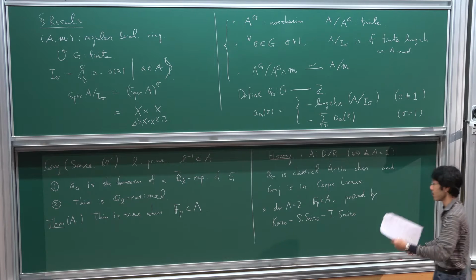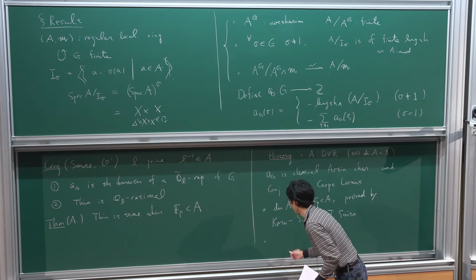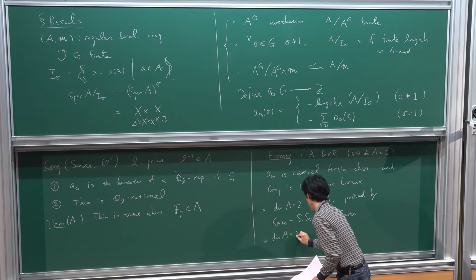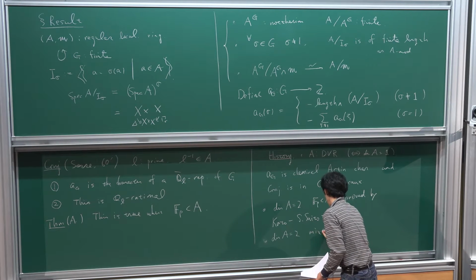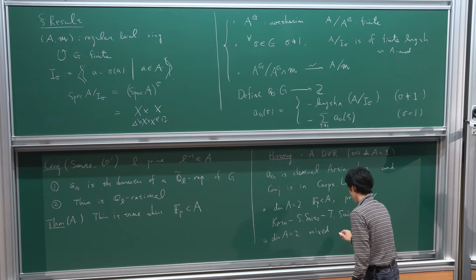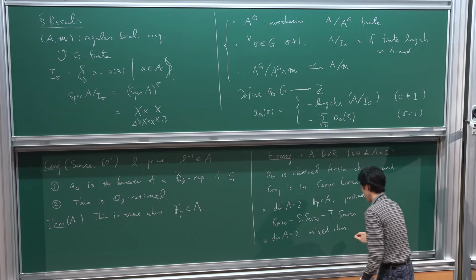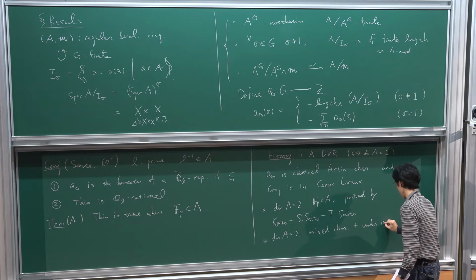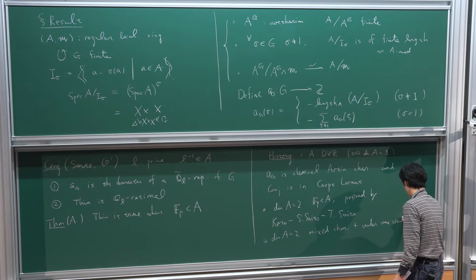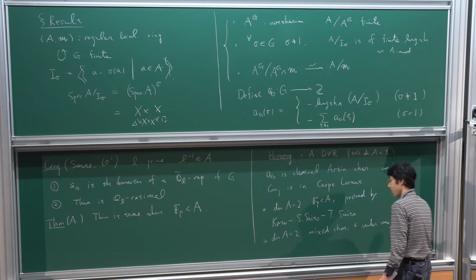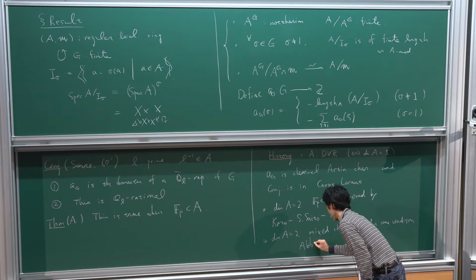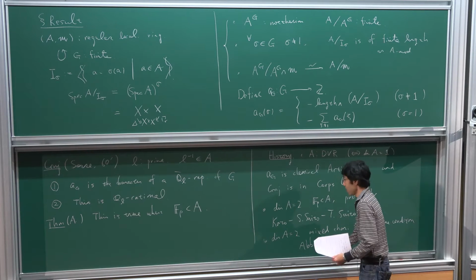Okay, and when the dimension is 2 in the mixed characteristic situation, under some condition, then Abbes proved it. And later,